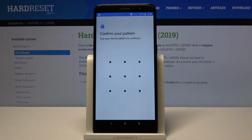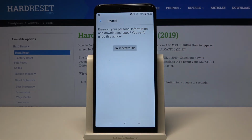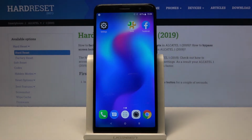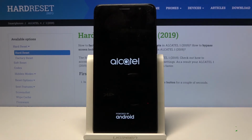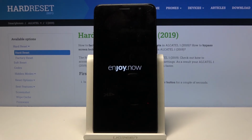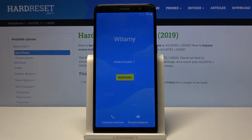If you have some kind of pattern, PIN, password, you will need to confirm it. Then erase everything, and the process will begin. Now this will take about 5 minutes, and once it's finished, we'll be greeted with the Android setup screen. So I'll be back once that is visible. And as you can see, now the process is finished and you can set up your device as however you